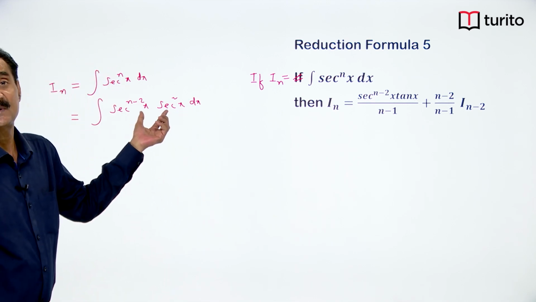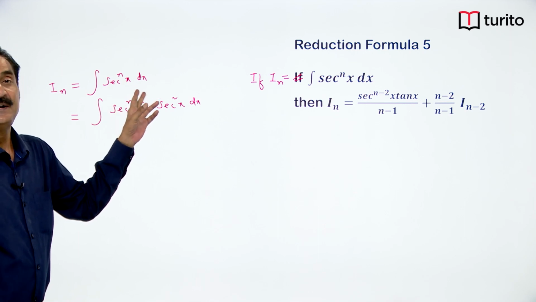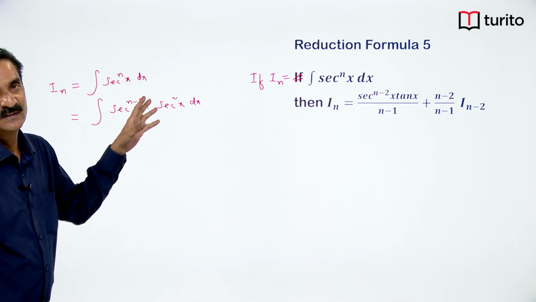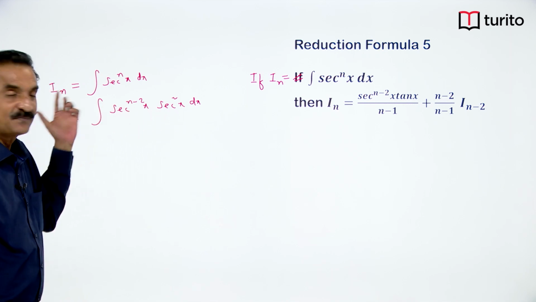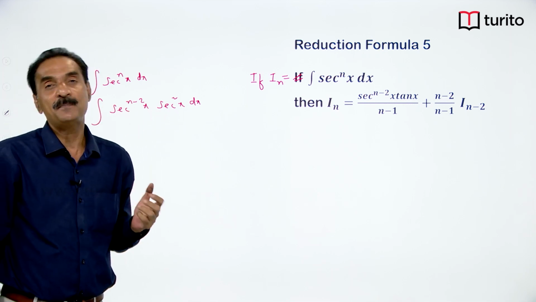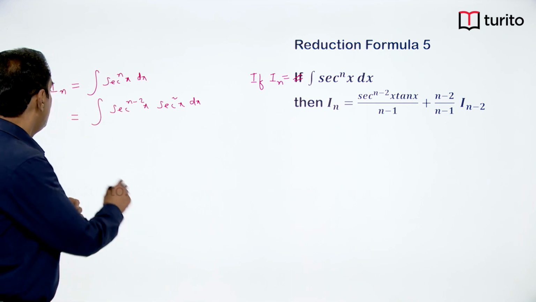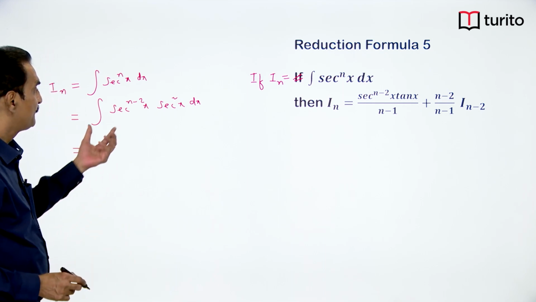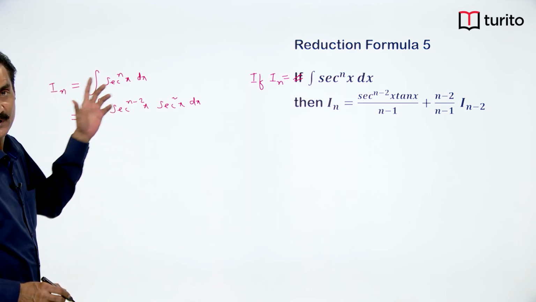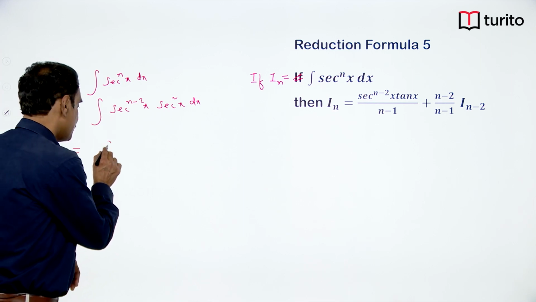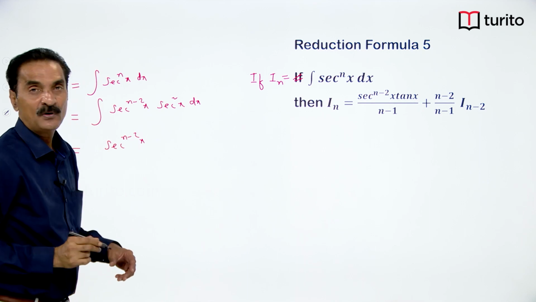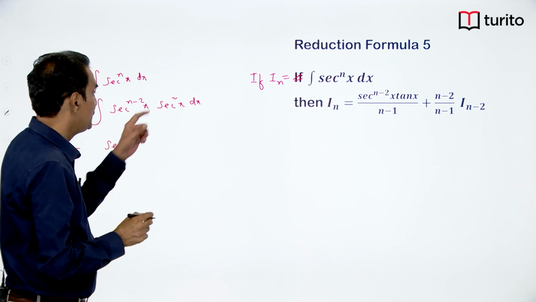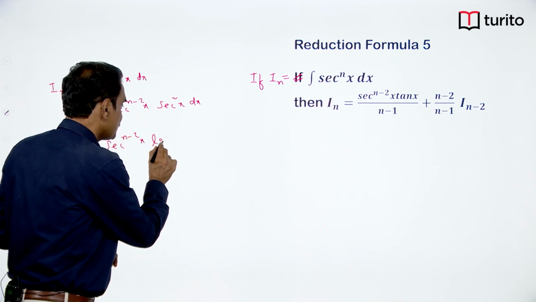Integral of secant square x is tan x. So, we take this as the second function and the other as the first function and integrate by parts. Integrating by parts: first function, secant power n minus 2x, into integral of the second, which is tan x,